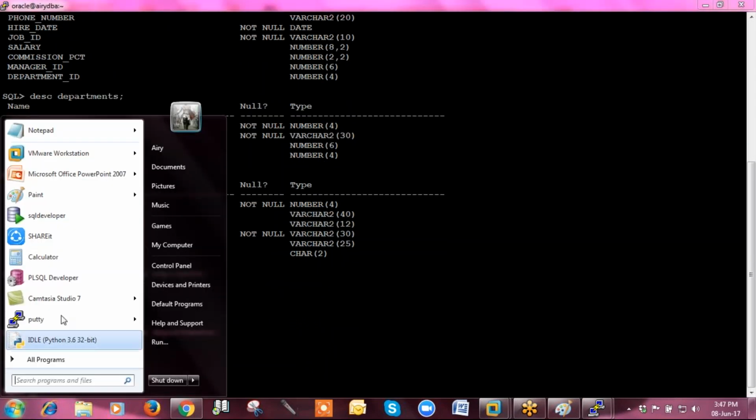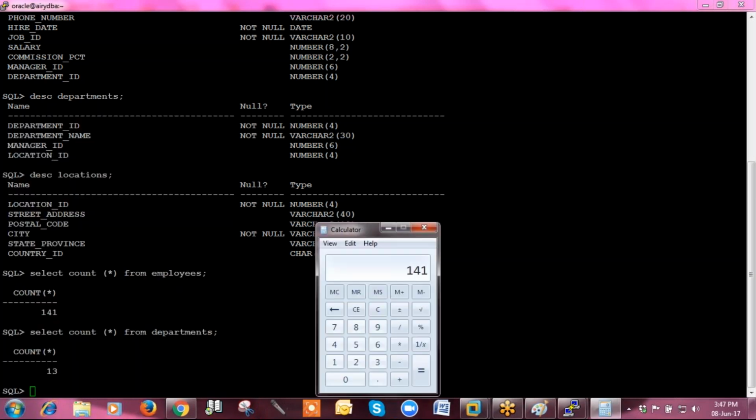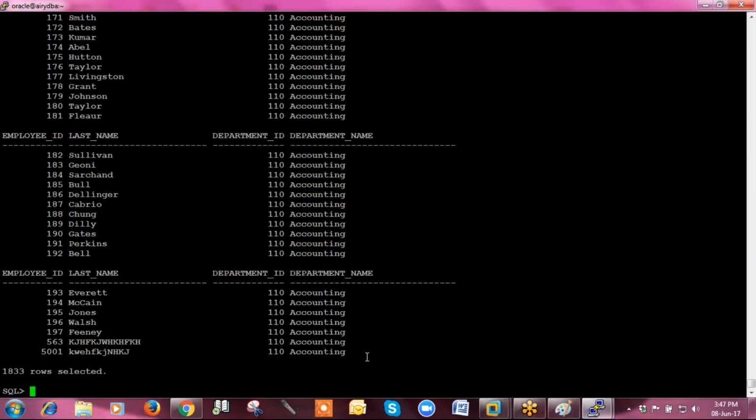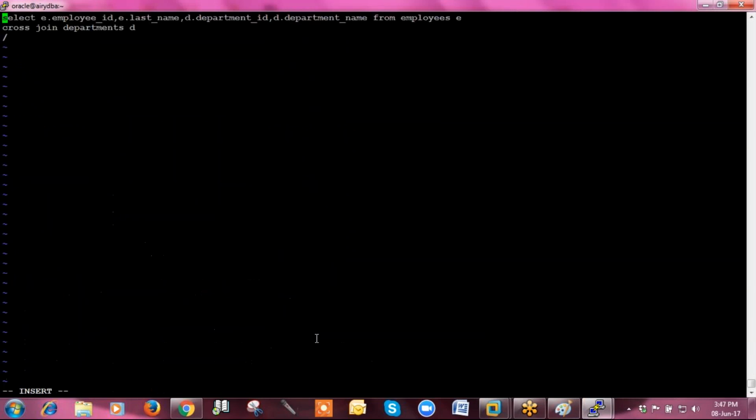Multiply these two values, you will get the same output. 141 multiplied by 13, right? So it will take the first row of whatever content you have inquired about, and it will take the same all. See, it will take employee ID, last name and department ID from the first row. These two values have been taken from the first row of the employees table and displayed with all 13 values